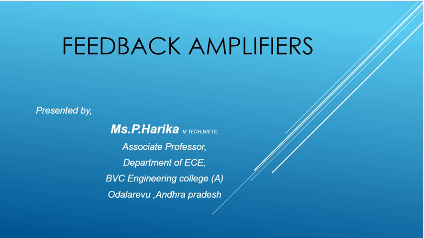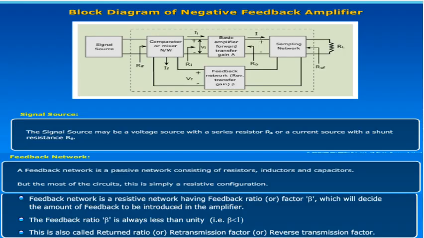In this lecture, we will talk about the feedback amplifiers, especially the block diagram. In the last video, we studied the basic amplifiers. In the previous section, we have seen the four basic amplifier types and their ideal characteristics: the voltage amplifier, current amplifier, transconductance amplifier, and transresistance amplifier. Now we'll go to the block diagram of negative feedback amplifiers.